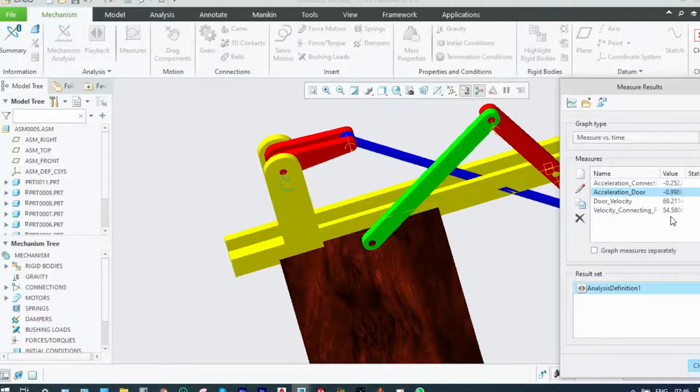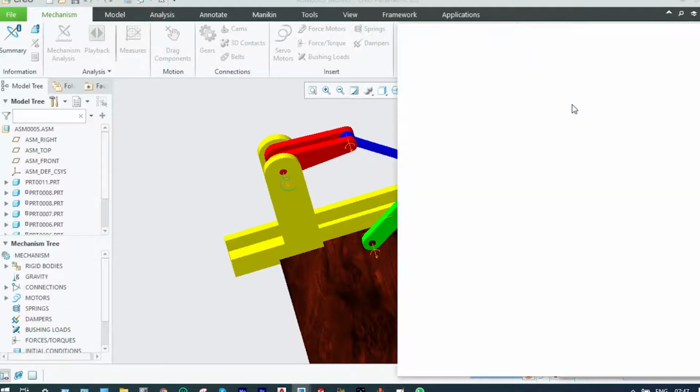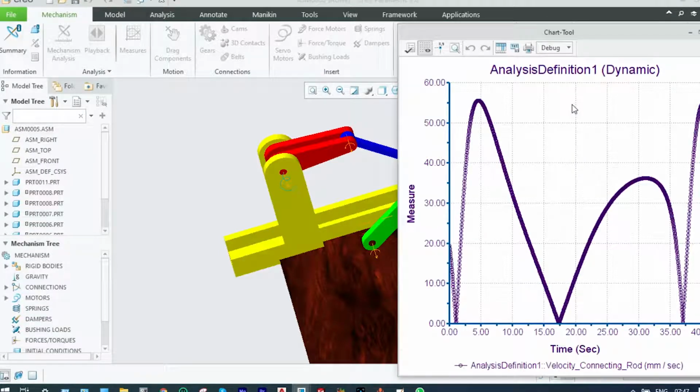Similarly, you can find out all the velocity, acceleration and different parts like continuation, momentum, etc. for different links together. Now we want to show all these graphs separately. So you can select the graphs together also. Let us select the velocity of connecting rod initially. This graph shows velocities of connecting rod,